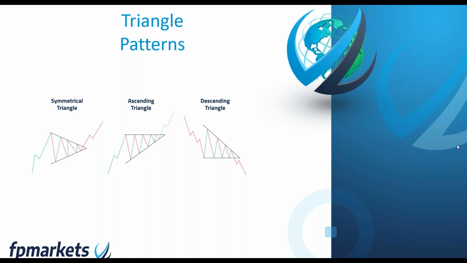Can the direction of the breakout of the ascending and descending triangle go reverse? Yes, Angelo, it certainly can. As I said, commonly for an ascending triangle the breakout is to the upside, and for a descending triangle the breakout is to the downside. However, they can form as reversal structures as well. So what I mean by this is we have the downtrend forming, the descending triangle forms at this point here, and we get a breakout to the upside.